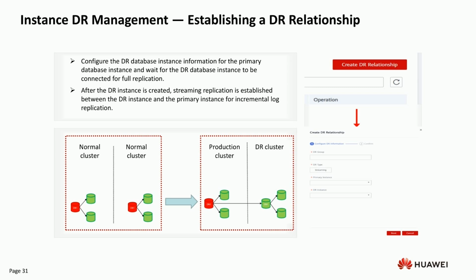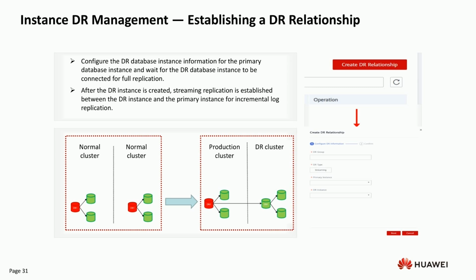Up to now, a DR relationship is created between the primary and standby database instances, and service data can be synchronized. To create a DR relationship, you can click Create DR Relationship on the page shown on the right. Configure DR information and complete the creation. Please note that the data and configurations of the standby instance will be reset to ensure consistency with that of